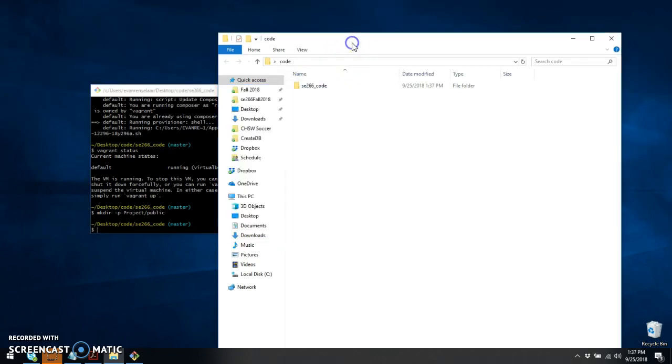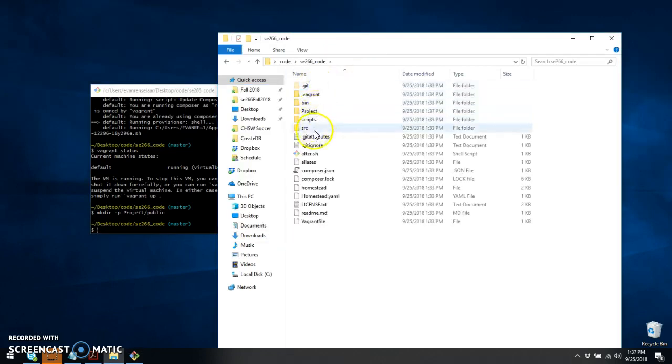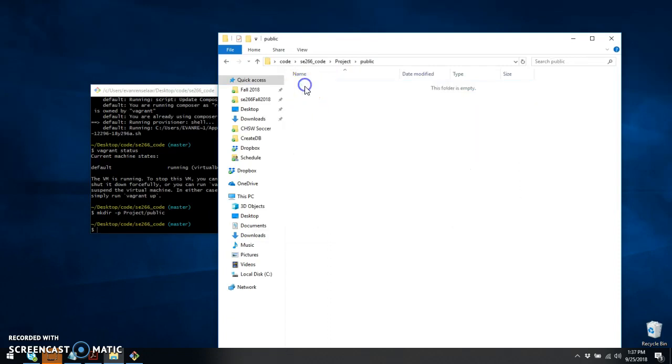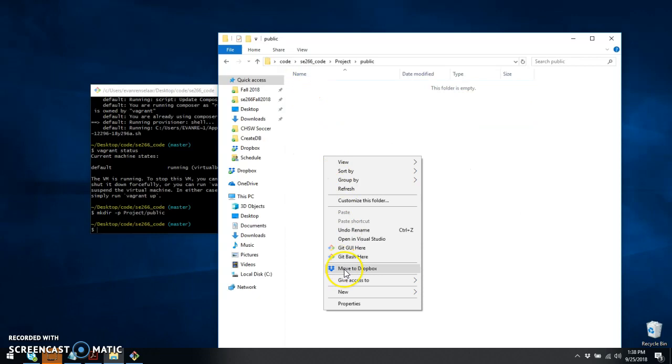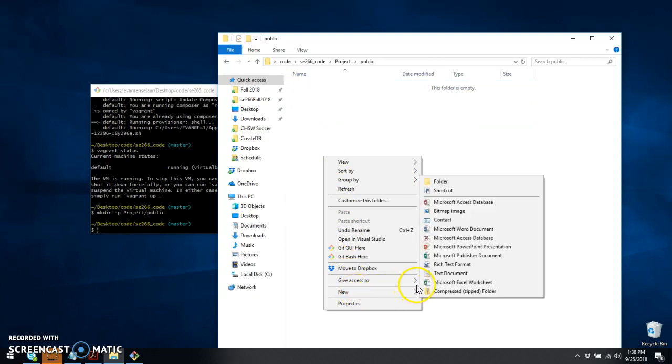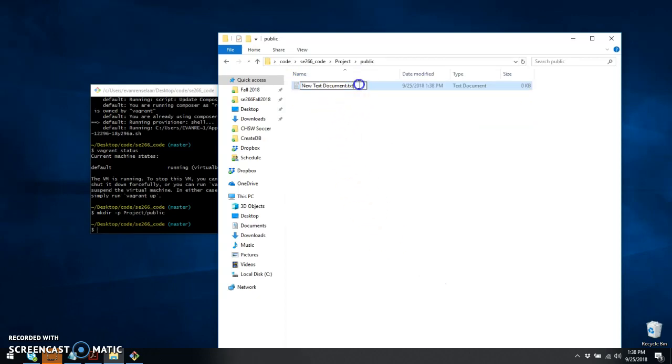It's important that we go to that particular folder, project, public, and I will just create a new PHP file here. I'll just do it as a text document for now. I'll create index.php,